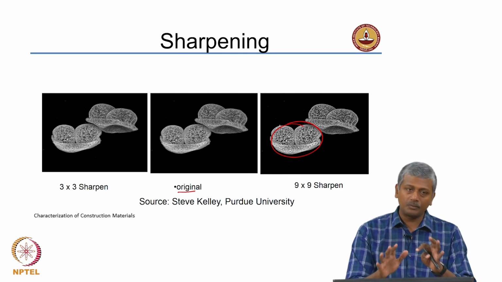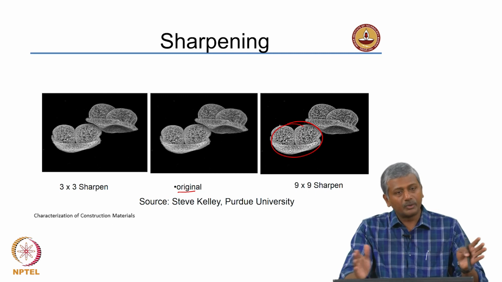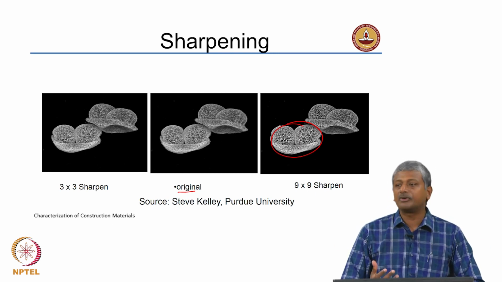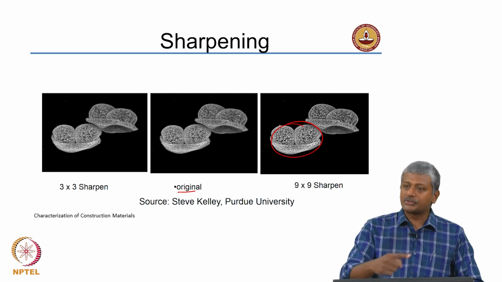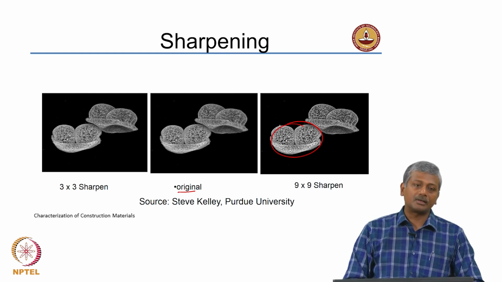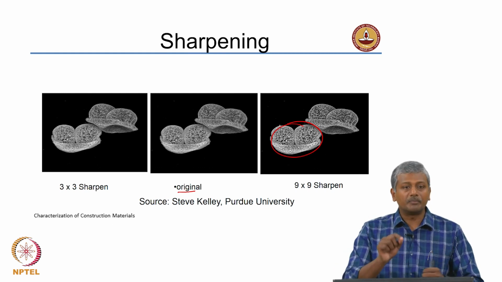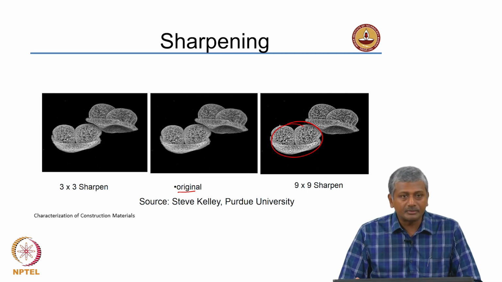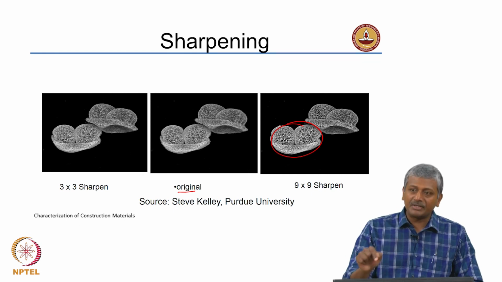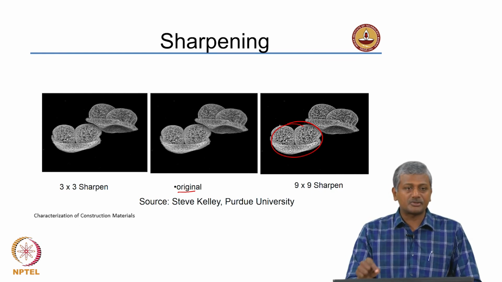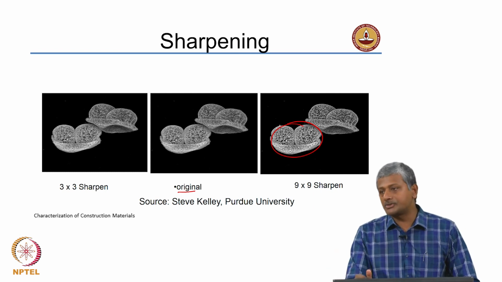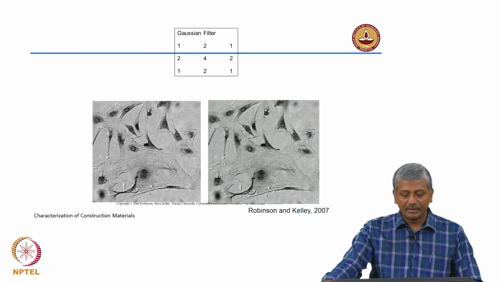Okay. So, at one time you are right, you can only do one operation, but you can combine sequences of operations, and these days of course in image analysis software you can set up macros to actually take an image and have those sequence of operations run on the image directly without having to do it manually yourself. If you have, for instance, a set of 100 images, you can't set each and every time the kind of sequence that each image has to go through. So, you can actually create a macro just like in Excel and apply it to all the images together at the same time. So, again this is the smoothing filter.